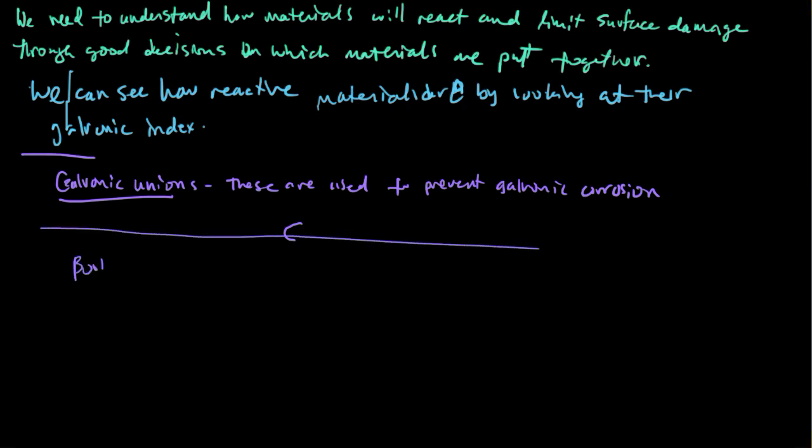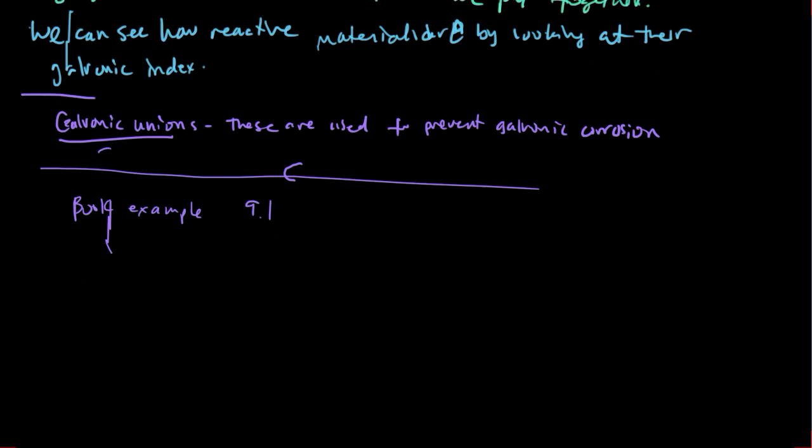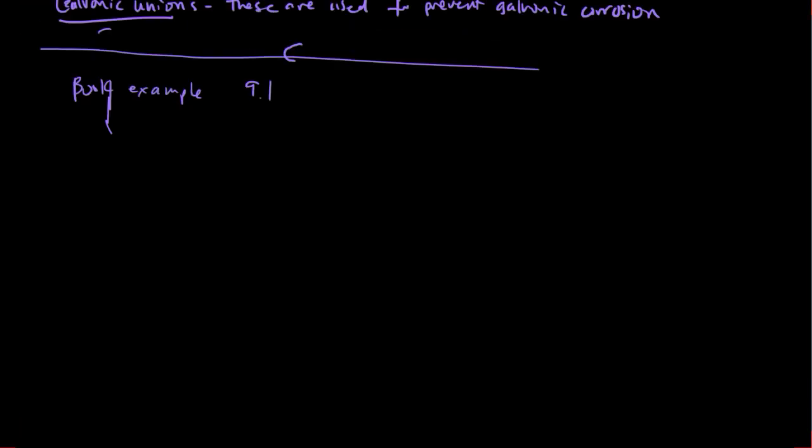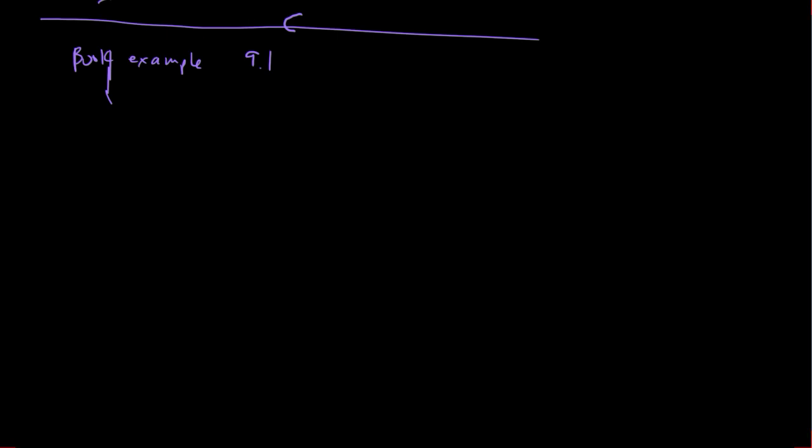So the book example 9.1 says compare the corrosion in riveted plates. Okay, and they essentially have two plates here,